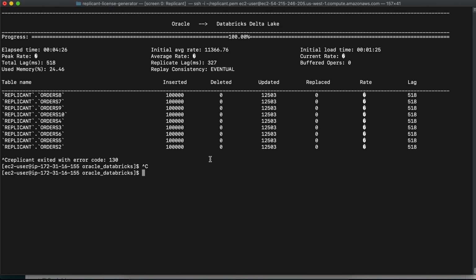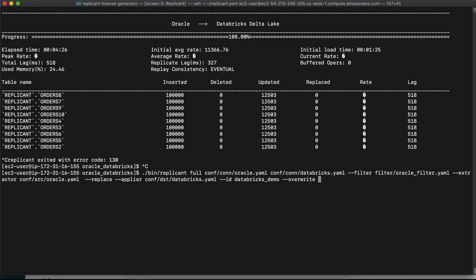The replication process can be resumed by adding the resume flag, and it will start from the point where it left off.